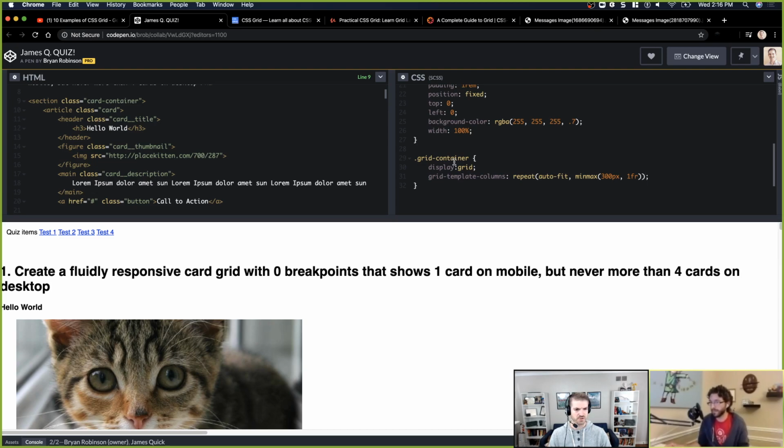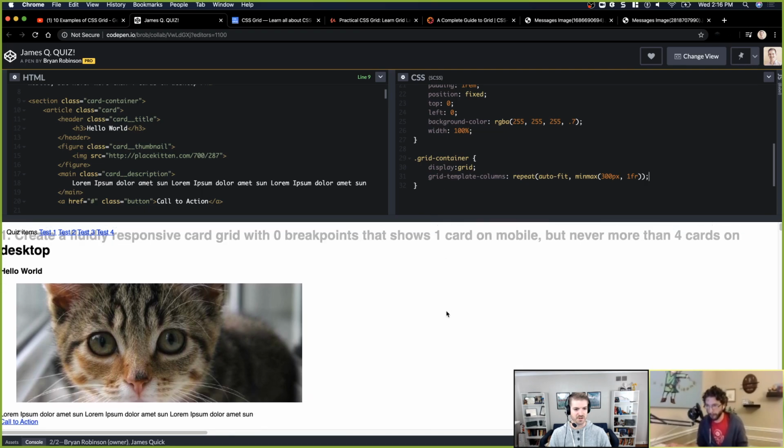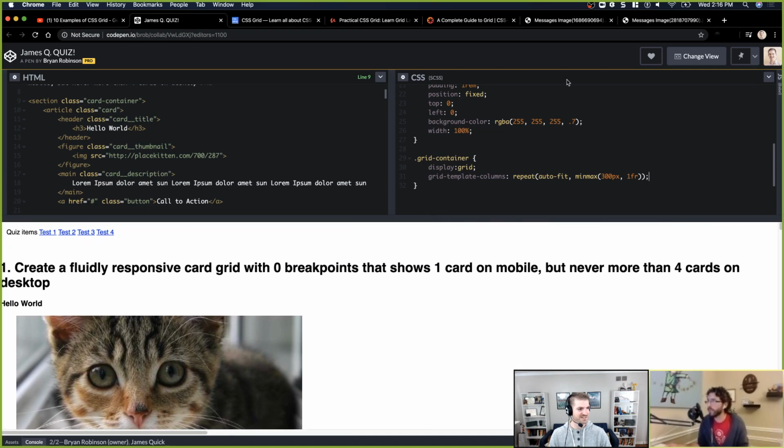Will this live reload or do I need to save? I think you'll need to save in some way. Maybe the shortcut doesn't work. Maybe you can't save.